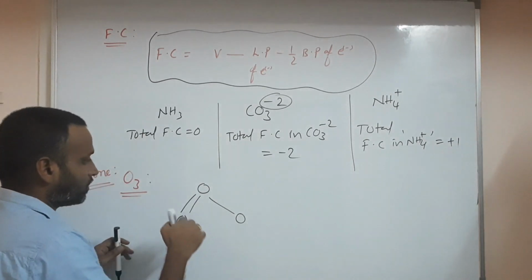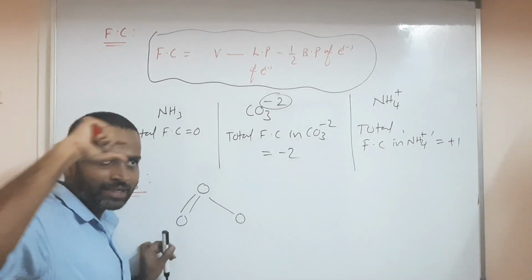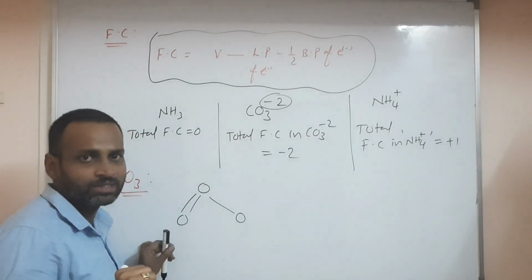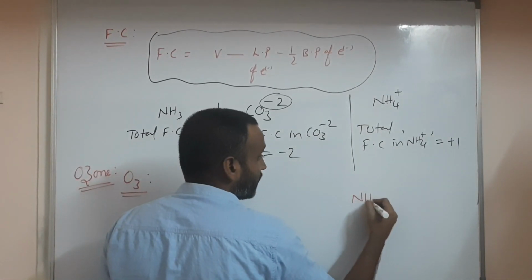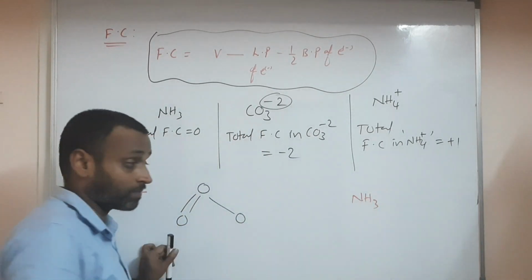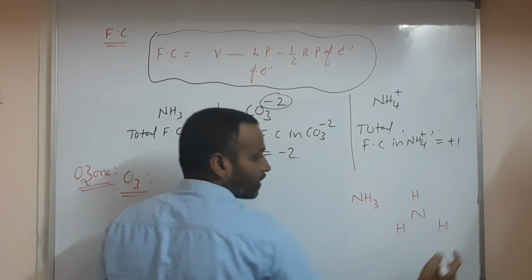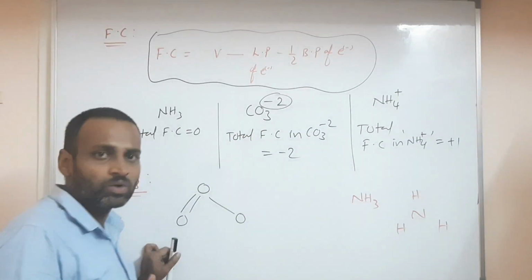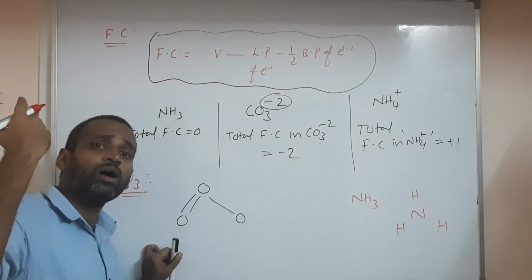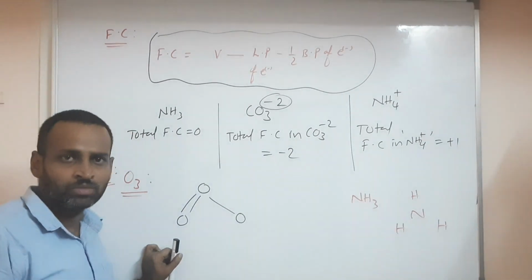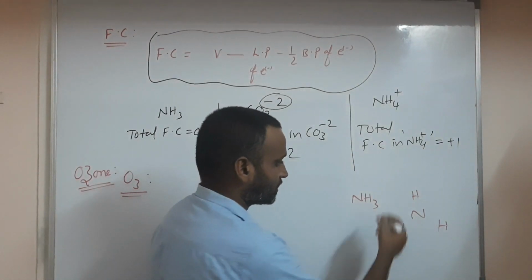Okay. So for writing a particular Lewis dot structure, you have to select the less electronegative atom as the central atom and write the skeleton structure. Suppose in NH3, hydrogen and fluorine can never be central atoms. So nitrogen is the central atom, because hydrogen can form only one bond always. Fluorine is the most electronegative atom, so fluorine can never be the central atom. Remember that. So NH3 is like this skeleton structure.